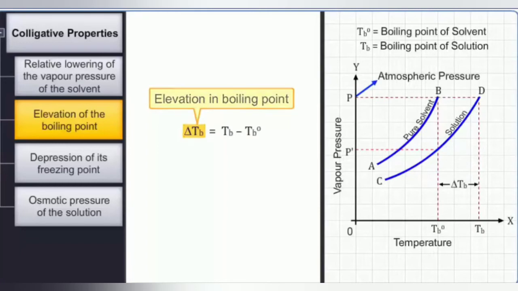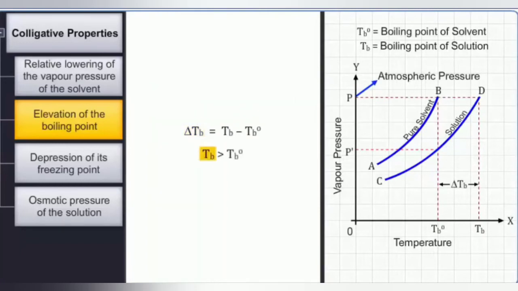Thus, it can be seen that the boiling point of solution is greater than the boiling point of the pure solvent. In other words, a solution that has lower vapor pressure needs to be heated to a higher temperature for its vapor pressure to become equal to external pressure, that is its boiling point. The boiling point of a solvent changes as the concentration of the solute in the solution changes, but it does not depend on the nature of the solute particles.